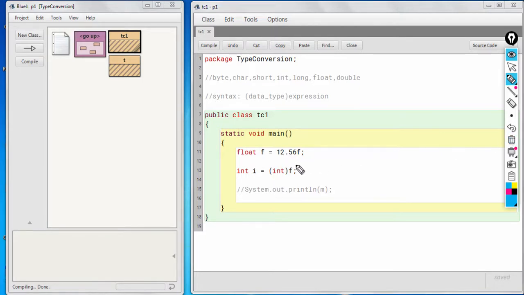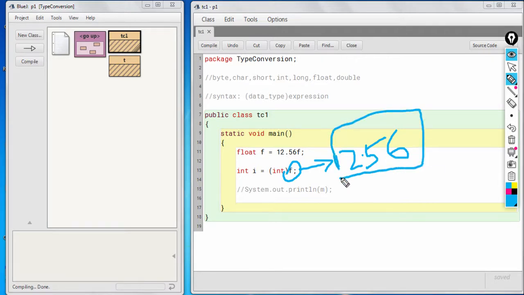Now notice that when we convert the value, what is the value of f? It's 12.56, right? So it will get this particular value from f, and the value is 12.56. So this 12.56 will be truncated into an integer, okay, but by doing this f will not be affected itself. It does not mean that f will lose its original value. f cannot lose its value until any assignment is done.